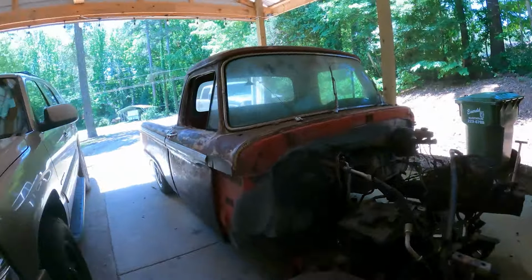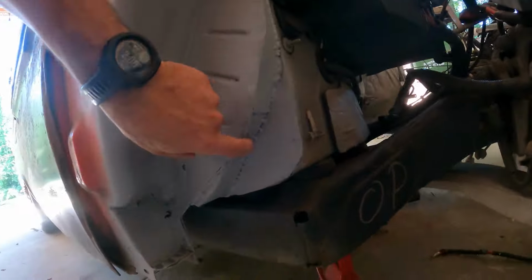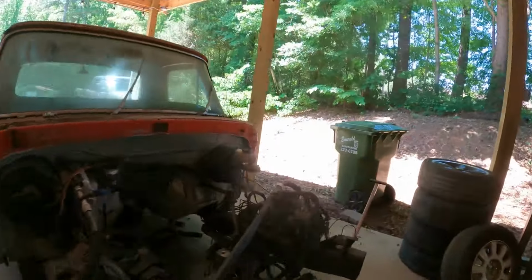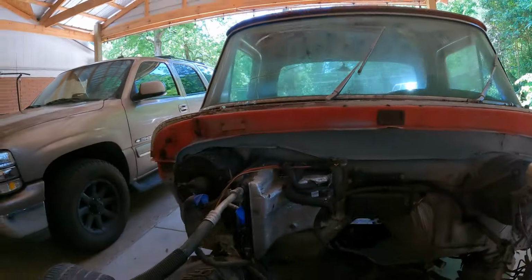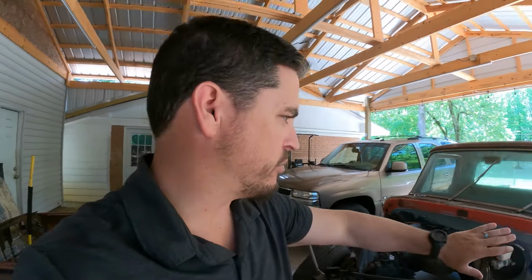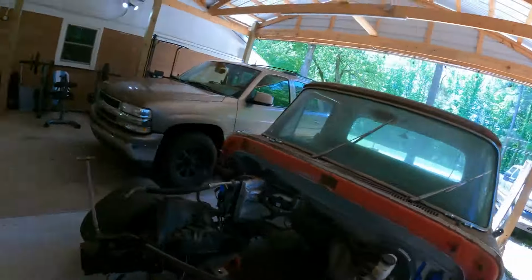So I went back and primed the areas where we joined the cab of this to the firewall. Same way over here. Been joined. The firewall is completely welded to tie the cab into the Crown Vic. Like I said, I will come back with some seam sealer, and then I'll probably paint that whole entire firewall like a wrinkle black type look. Over here,